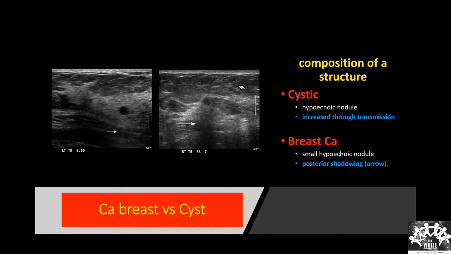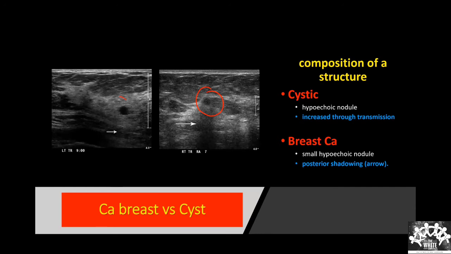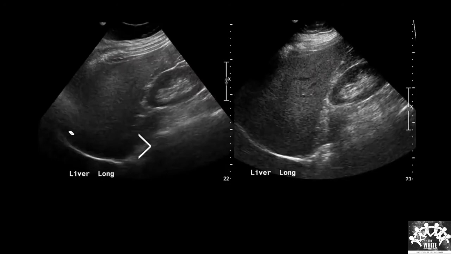Now tell me which one is a tumor and which one is a cyst. This is breast imaging. Is A a tumor or is B a tumor? Is A a cyst or is B a cyst? B is a tumor. Good. A is a cyst, B is a tumor. Good, everyone. I think now you can start doing your ultrasound.